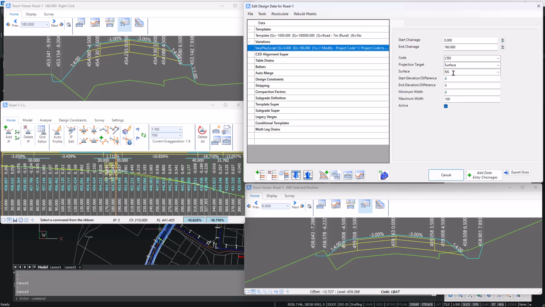You don't need to be projecting to a surface. The projection targets will allow you to have fixed elevations. So maybe we want to go to, let's say, 458 at Chainage 0. So let's say 458 here. And maybe we want to shoot to 453 by the time we get to Chainage 180. So if we click on Add Update, then what we'll see is that we're now targeting elevations,